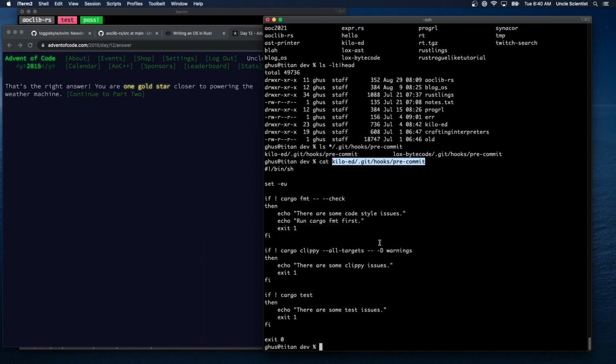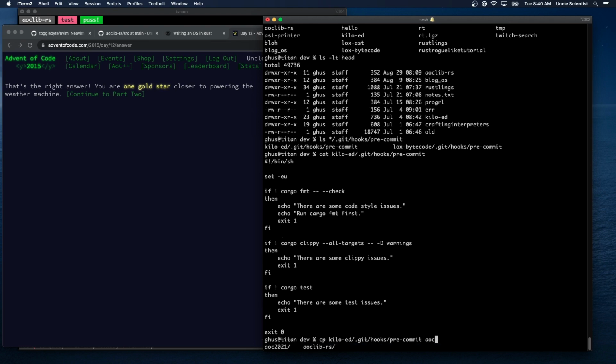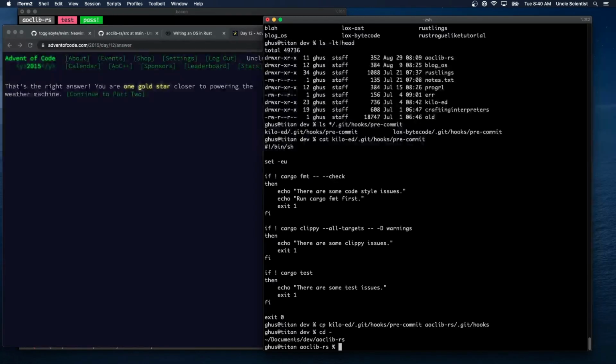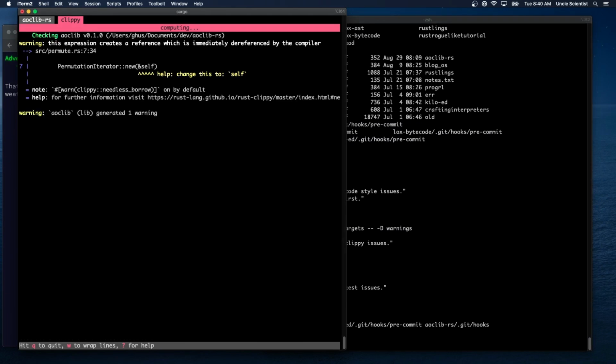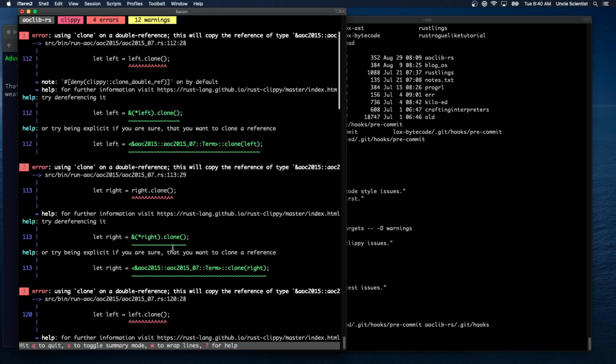So modifying it isn't going to, I copy this to AOC lib, git hooks. Yeah, and now it's going to blow up everything. You know what I haven't been doing is all of the Clippy stuff. So let's check Clippy. Maybe that would be a good way to clean up and finish up the, well,